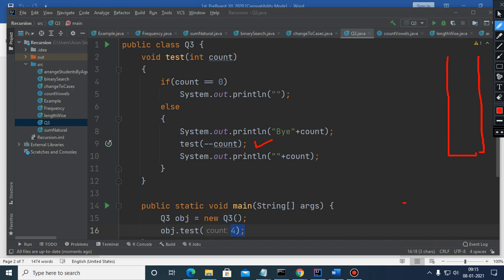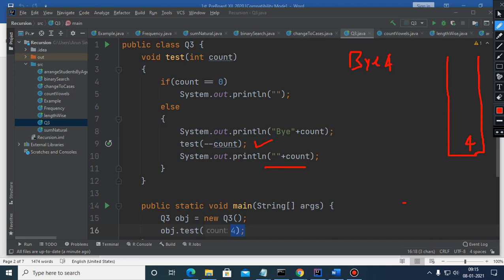So this is the stack and you have passed the value 4. Okay, so what will happen, this statement will get printed directly. So here it is by 4, and this statement, since it will not get the priority and it is after that function call, so this 4 will get stored in this stack.